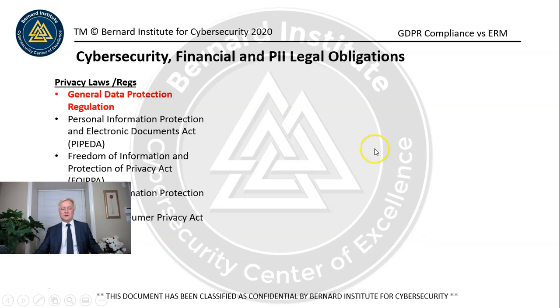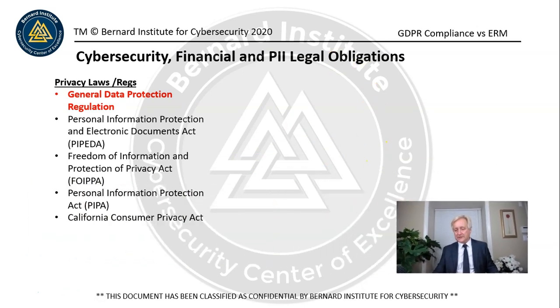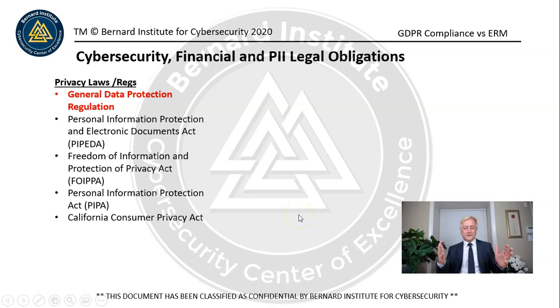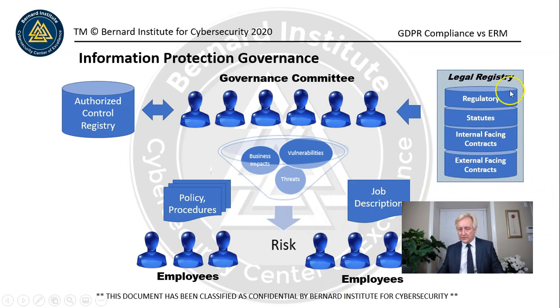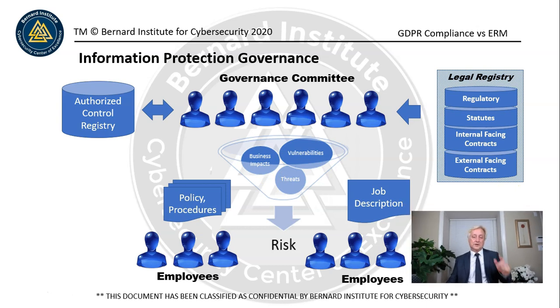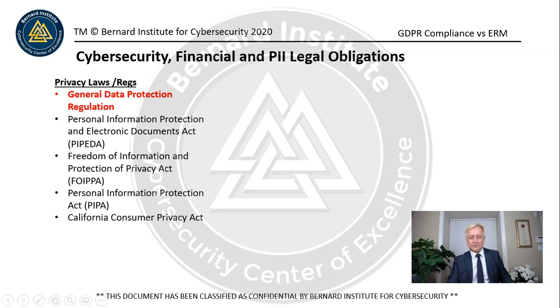Okay, laws. Let's talk about laws and legal obligations, because there's so much emphasis on personal information protection and the GDPR and the data protection regulation, PIPA, FOIPA, HIPAA. There's so much emphasis on it that sometimes compliance risk tends to obscure the reality of the entire legal obligation registry. And that's why it's so important to define that registry we talked about, this legal registry, and list these regulations and statutes so that the governance committee has a clear picture of what it is that we should be doing. Now, we're going to talk about that a little bit more.